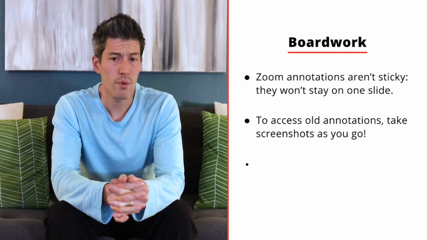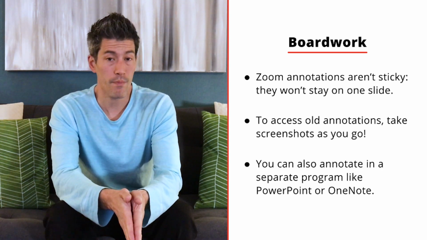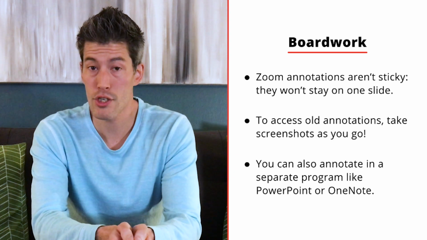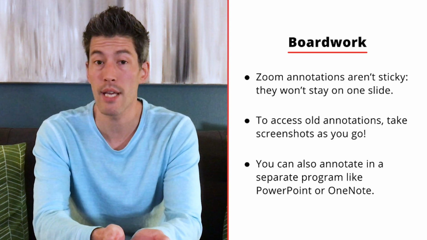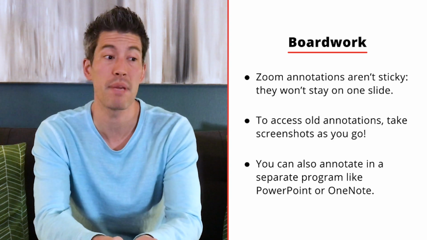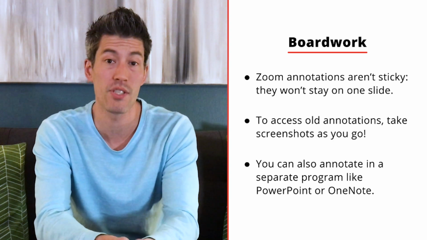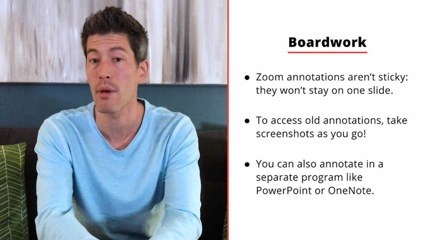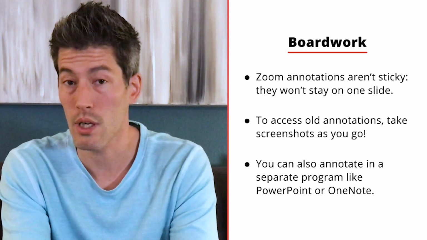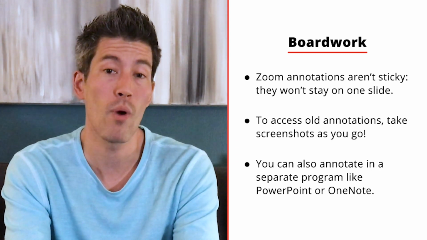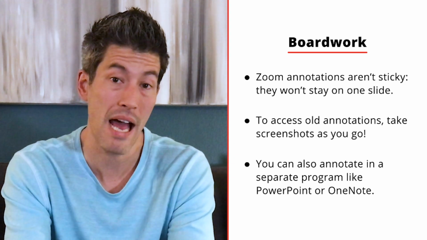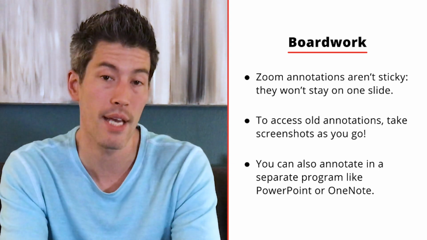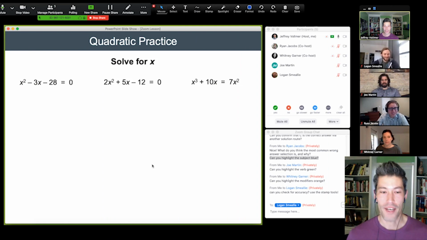Another option is to annotate in a program other than Zoom. A lot of instructors prefer to share a program such as OneNote with their classes because you can annotate directly in OneNote. And that means the annotations attach to specific pages in the document. The Zoom whiteboard is another potential workaround. If you open the Zoom whiteboard, annotate in it, close the whiteboard, and then reopen it, the original annotations will return.